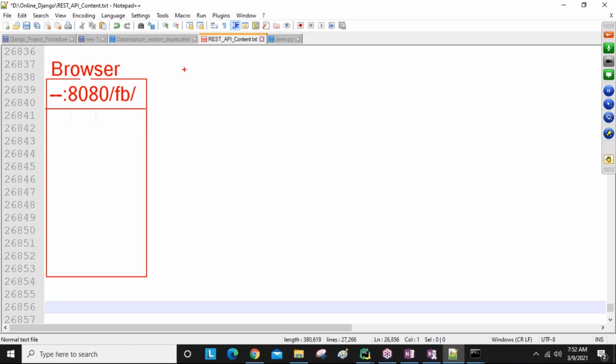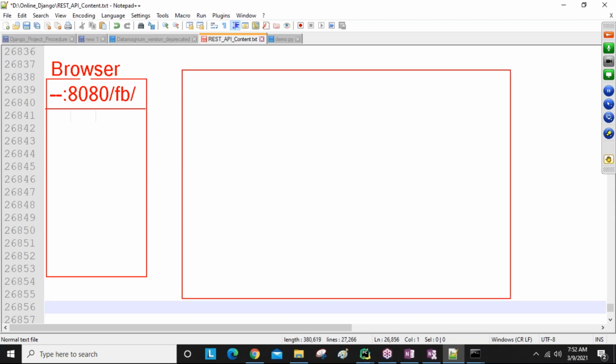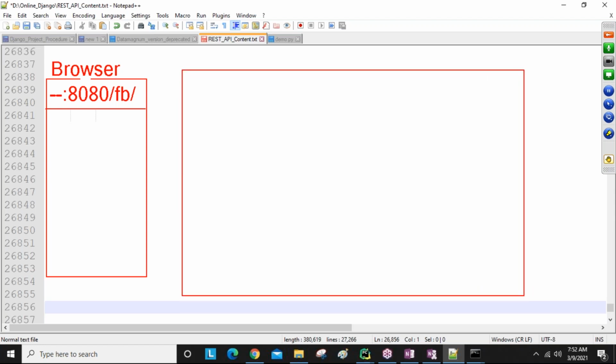Where is that request going? We are having one Django project, guys. Here we are having one Django project. In this Django project, we are having different files.